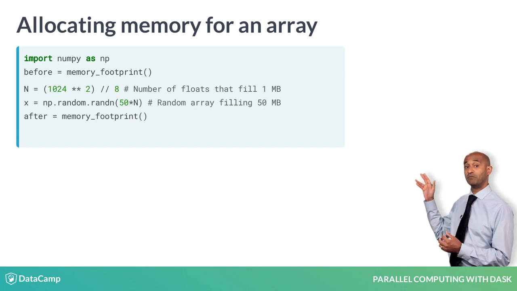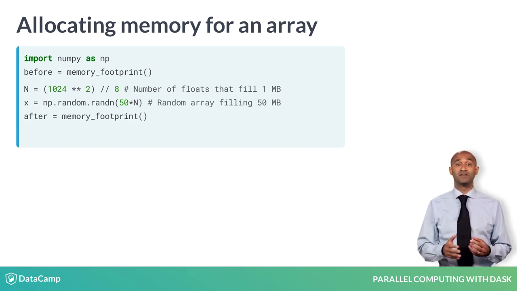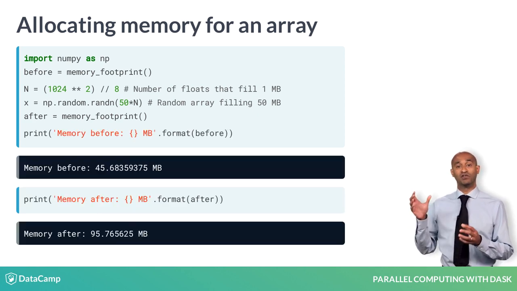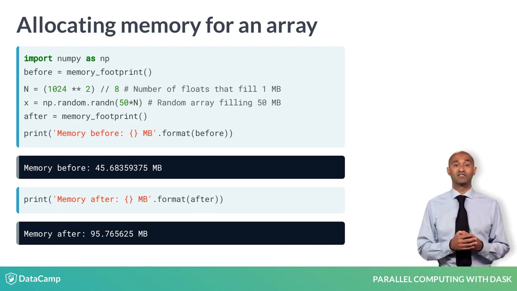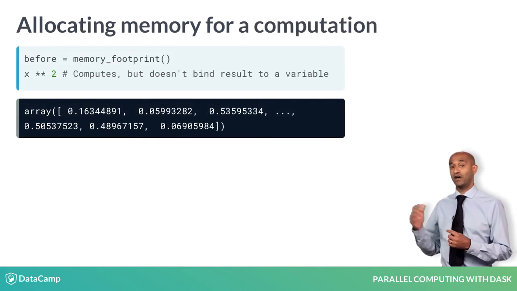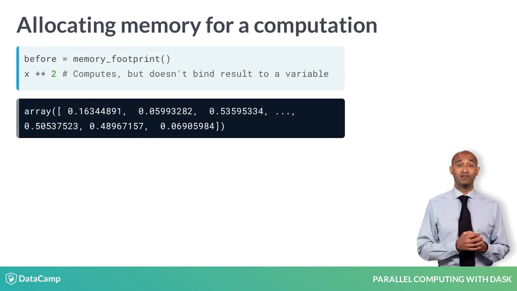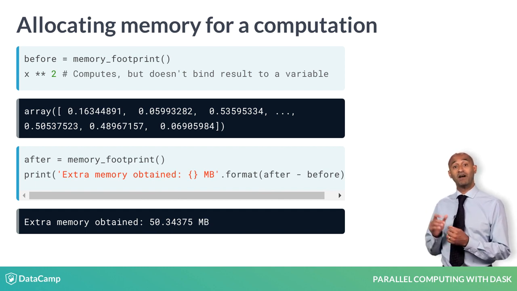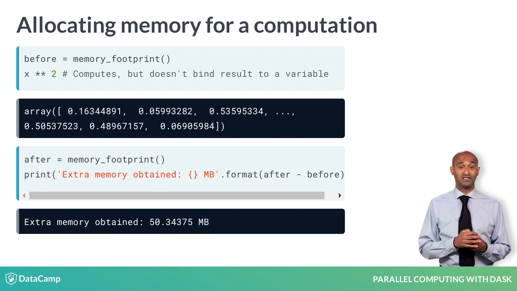We then create a NumPy array X that requires 50 megabytes of storage, and then call memory_footprint again to see the memory usage afterward. Sure enough, the process pulled roughly another 50 megabytes from the operating system in order to create X. We next compute X squared and again compute the memory usage before and after. We find an additional 50 megabytes of RAM is acquired for this computation, even though the computed result isn't actually